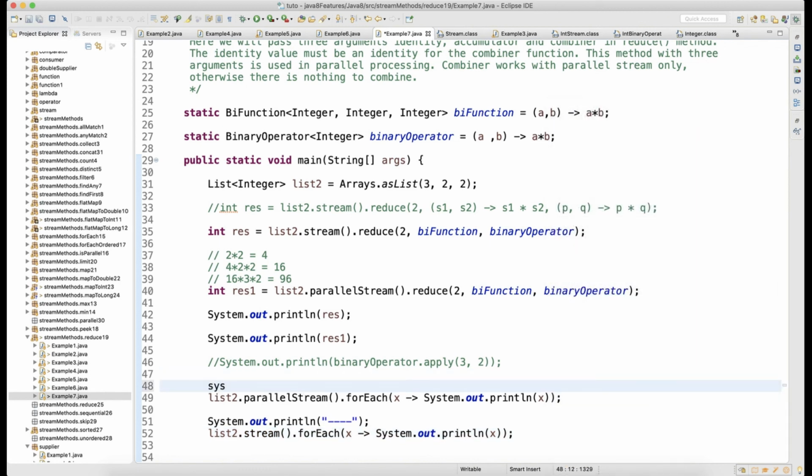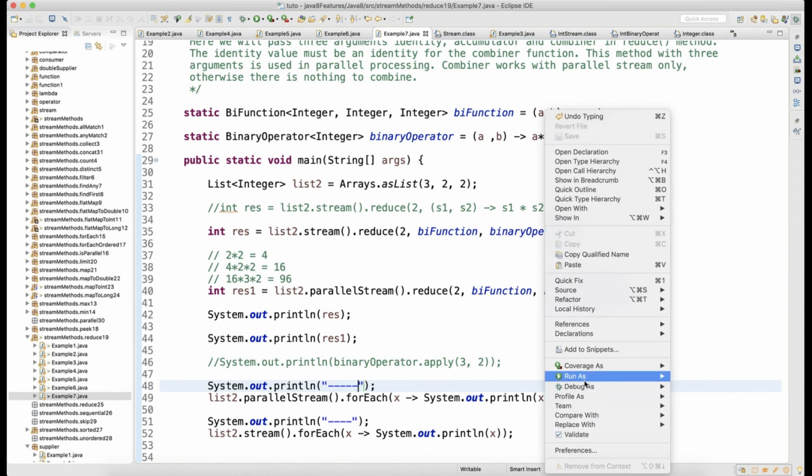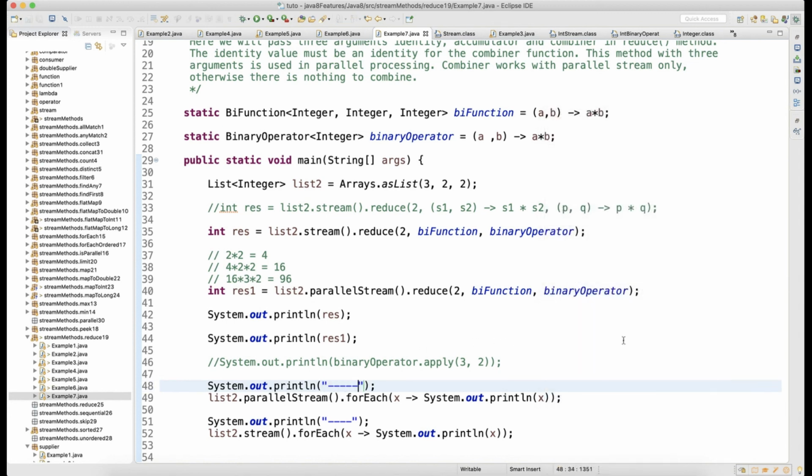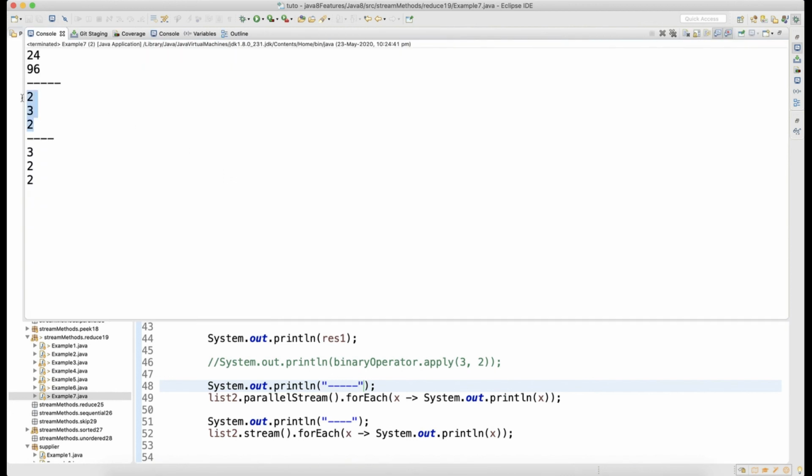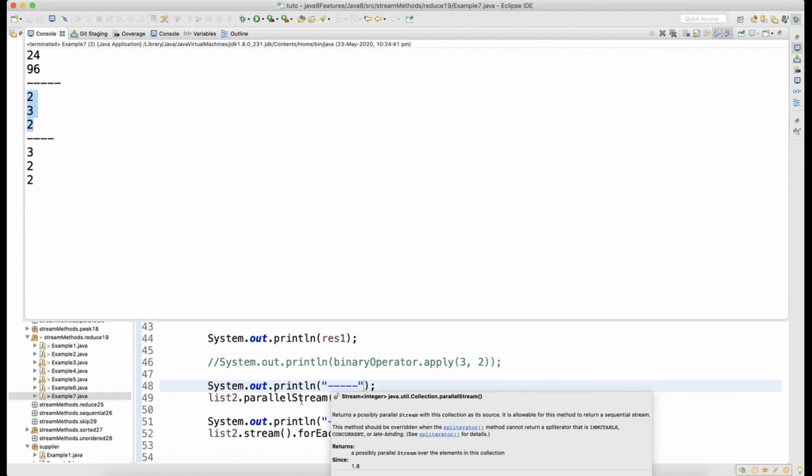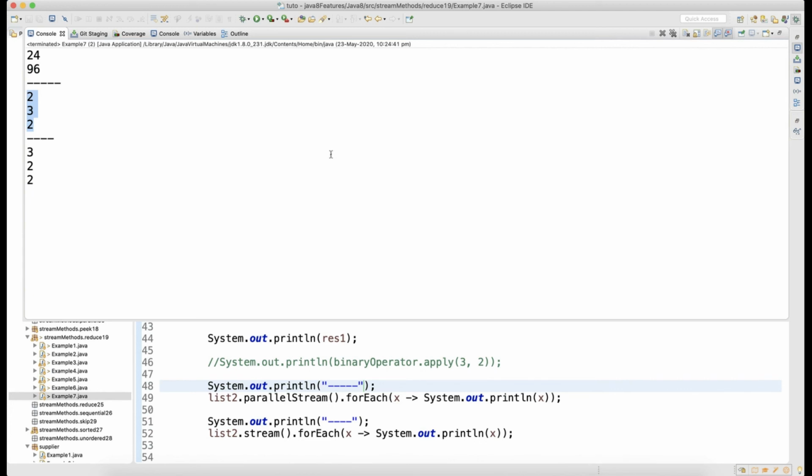If you look at both the outputs, you can see why I'm saying that in parallel the way execution happens is quite different, and on that your output will change, guys. So look here, you got 232 in the case of the parallel stream, but in the case of sequential, you get 322.